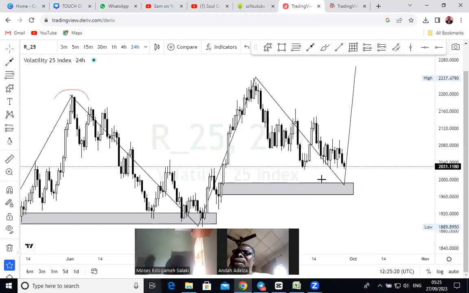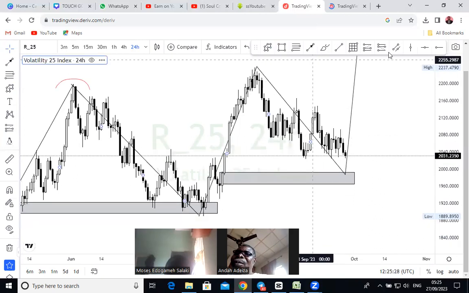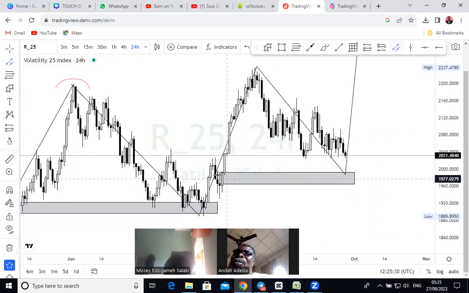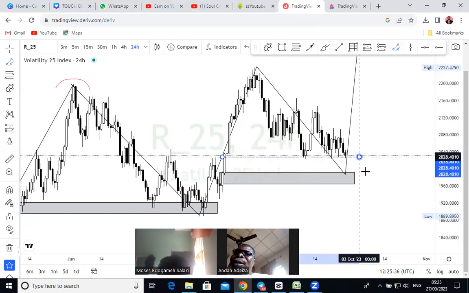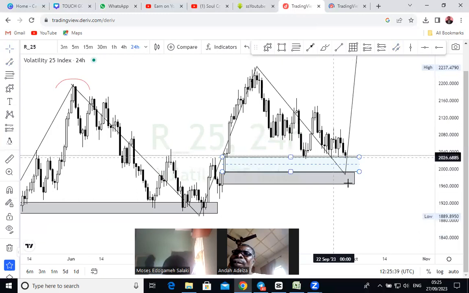So you see, it has taken many days. Price has been here, and you can see a lot of information here. There's a gap here. There's also a gap here. Price needs to fill this gap, and then when price comes to this gap, what are you going to